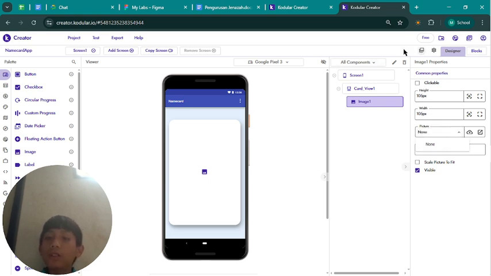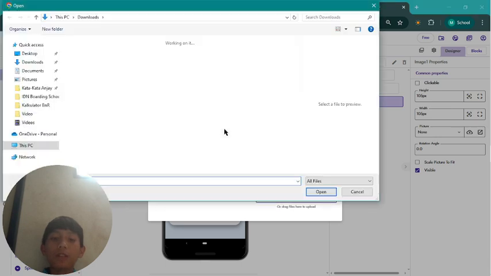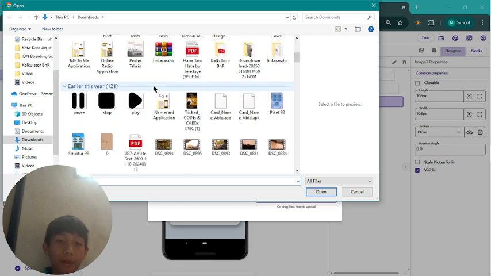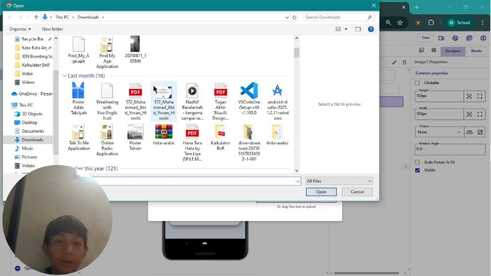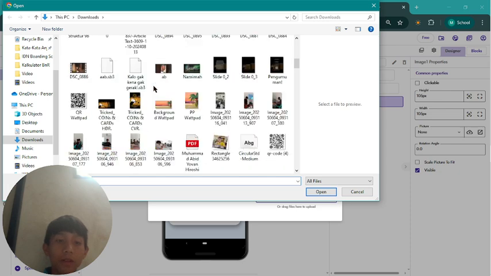To insert it, you click the image button on top and upload asset, or you can just drag files. Search for your image.